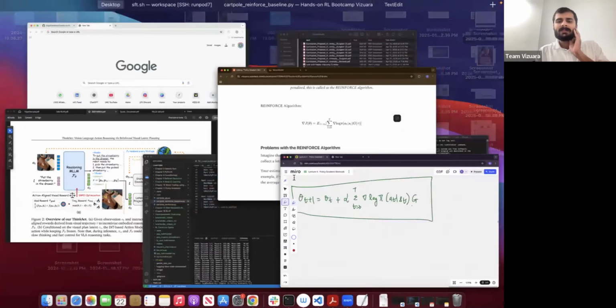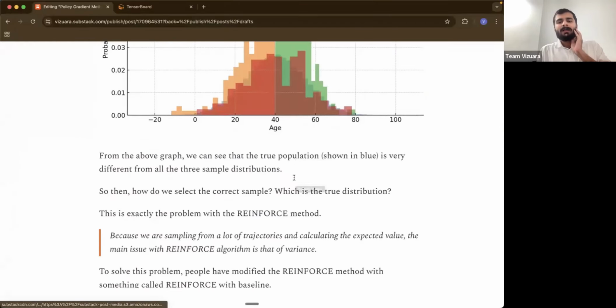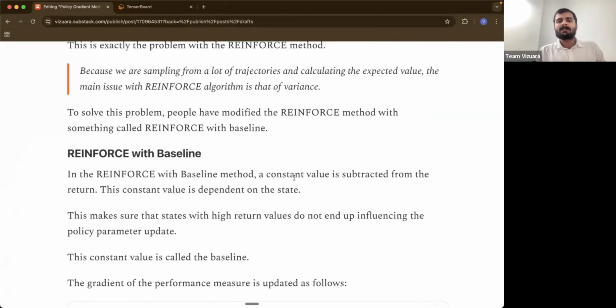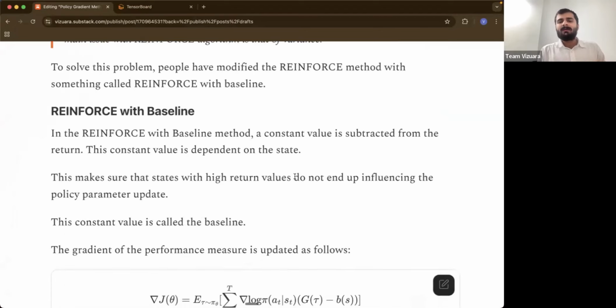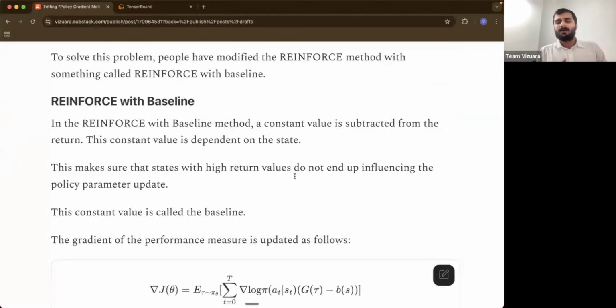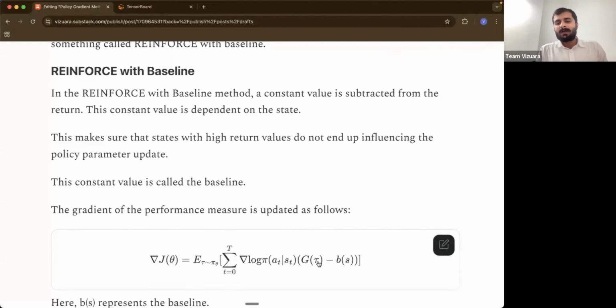So, what happens in reinforce with baseline is that, reinforce with baseline is the modified reinforce method which people came up with to solve the variance problem. In the reinforce with baseline method, a constant value is subtracted from the return, and this constant value depends on the state. As you can see from the expression here, everything else stays exactly the same as per the reinforce algorithm, but there is another term here which says minus b of s, which is the baseline which we are subtracting